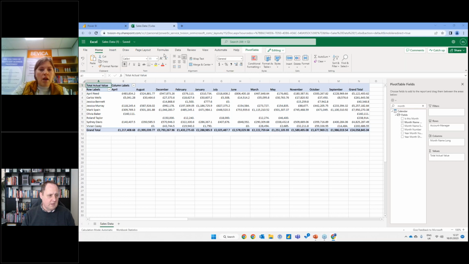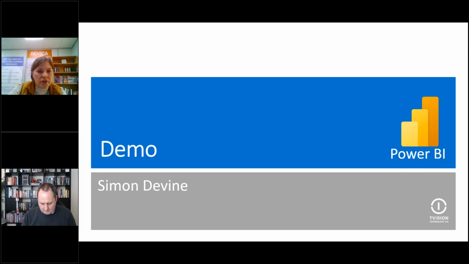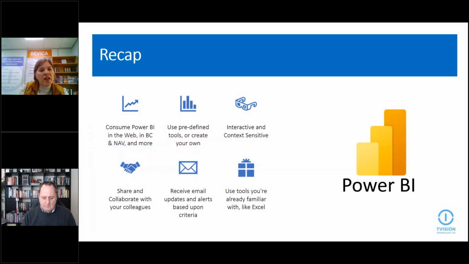So, Simon, someone's asked the question: you've mentioned security and permissions, is that internal, or can you share all of this externally as well? So there are mechanisms to provide external access. Perhaps you have customers to whom you want to give a secure copy of your information about them. The best way of doing that is to give them access to a specific Power BI report, and they use their Power BI licenses.